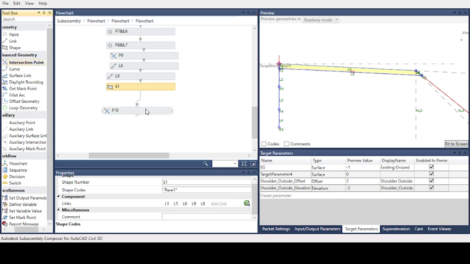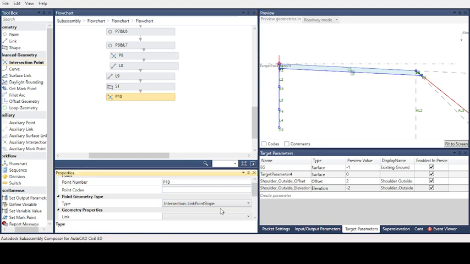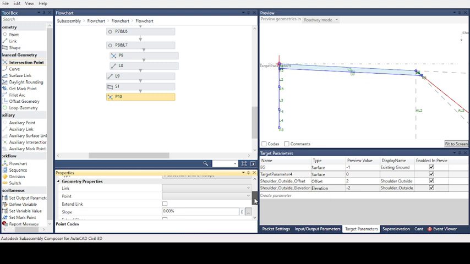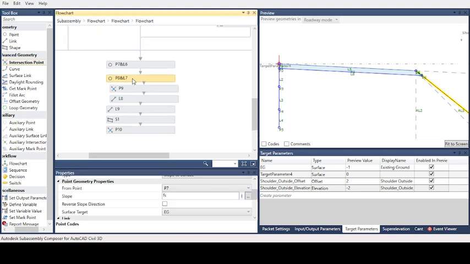We click this intersection point. We will use the type of intersection, intersection link and point slope, and we have link 7. You see, this is link 7, common for all, which we created in the previous section.